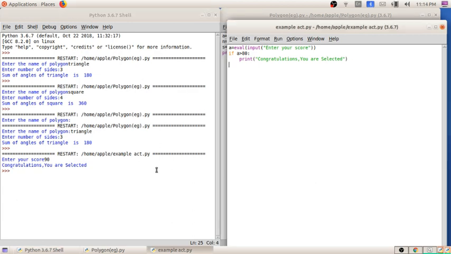Next is else. I am writing else, then print, sorry, you are not selected.